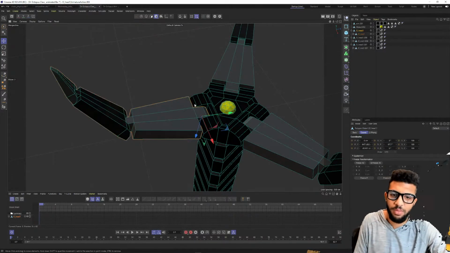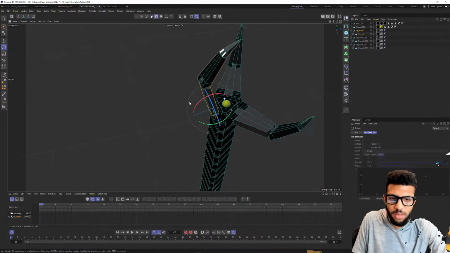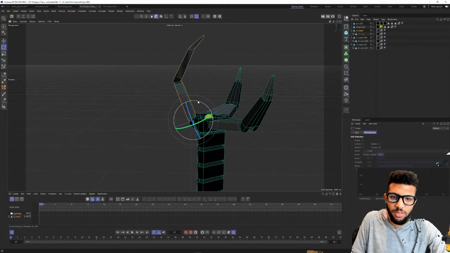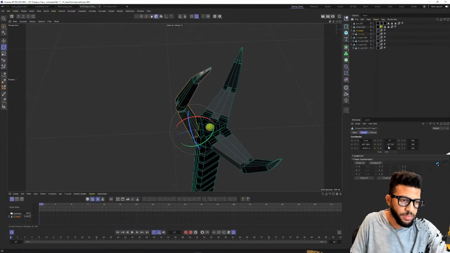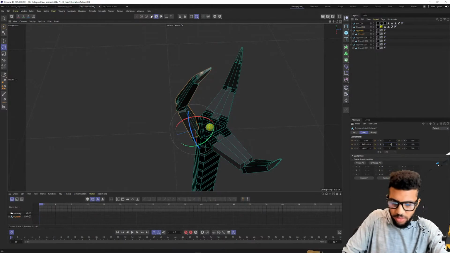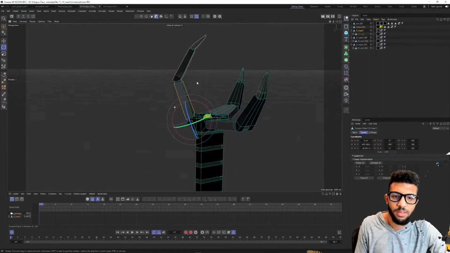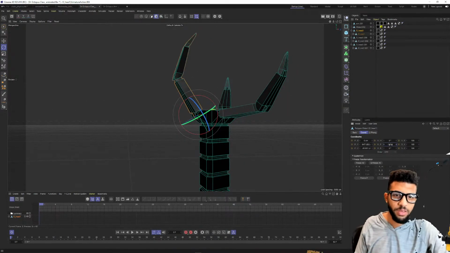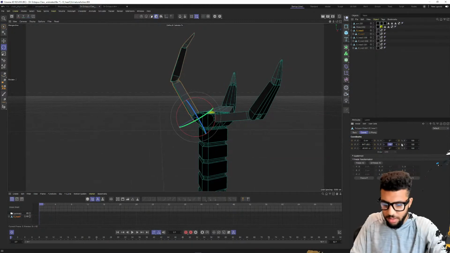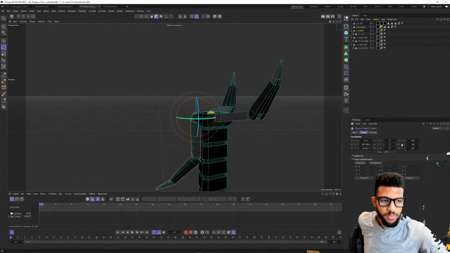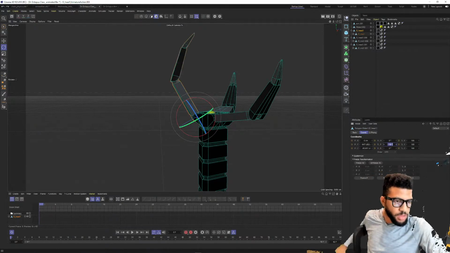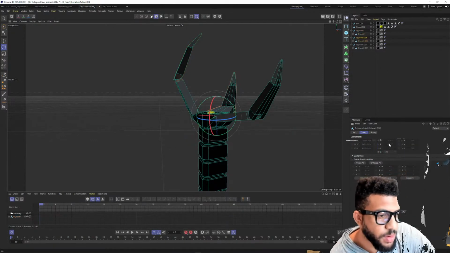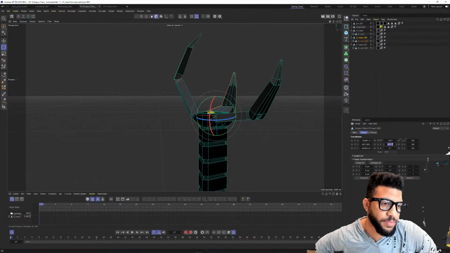Actually, that's maybe not the best. Let me set them all to, let's see, what's a good almost closed state? Maybe I'll set them all to 6 degrees to start. Or maybe minus 160 degrees. Is that passing the center? No. Let's do minus 150 degrees. And then a little bit more, minus 155. There we go. All right, I'm going to set all of these to minus 155